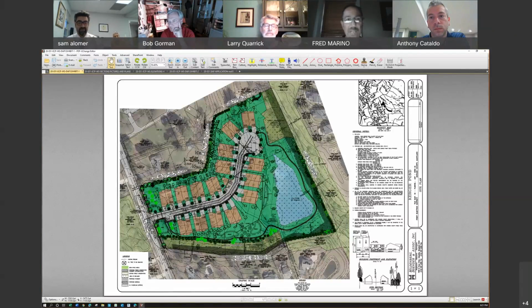It doesn't look compatible with the neighborhood, to be honest with you. It looks like you just... Can I finish, sir? Please. Sure. It looks like you crammed as many units as you could fit on this site. Period. Okay, to make the economics. Period. And at this point, this is where it comes down to the county having to decide what they're going